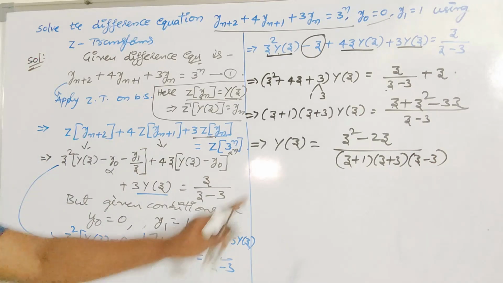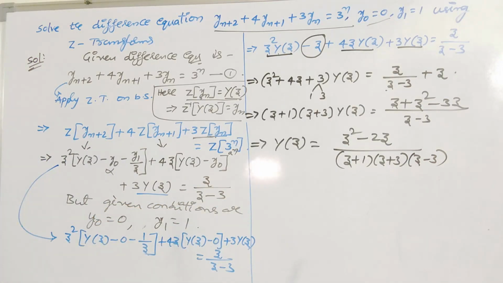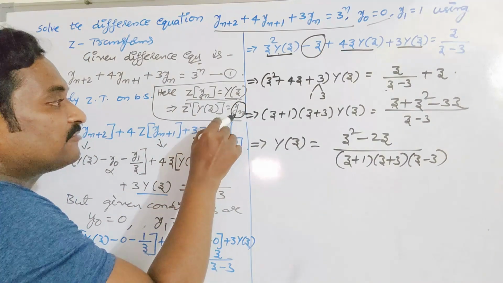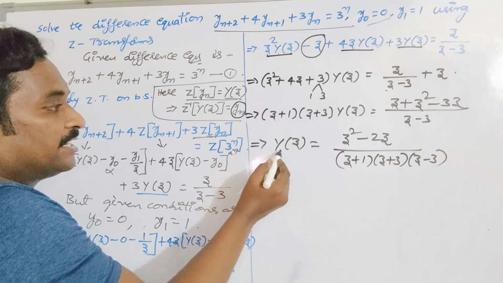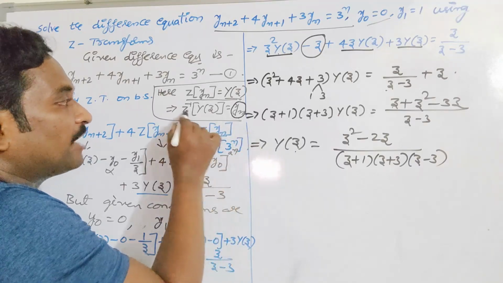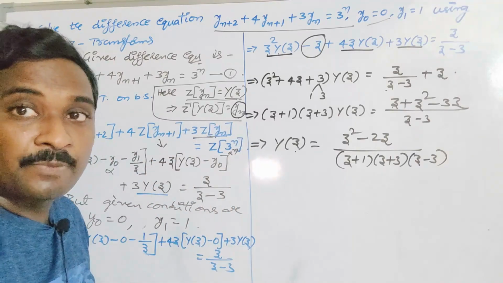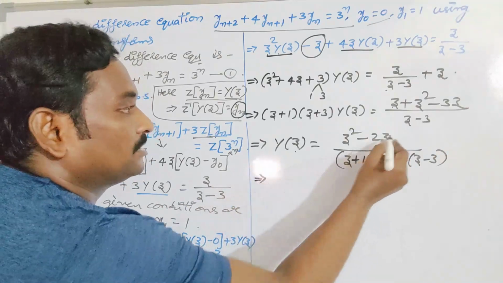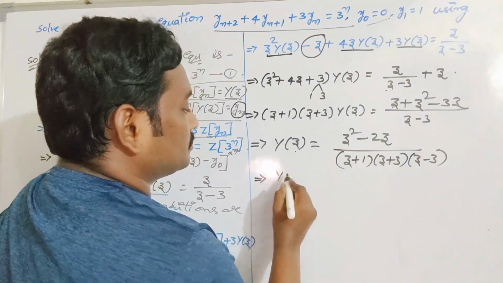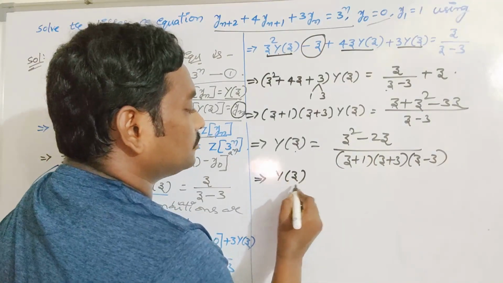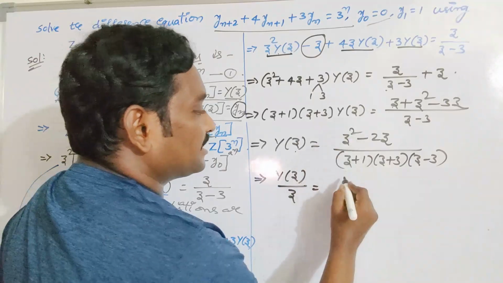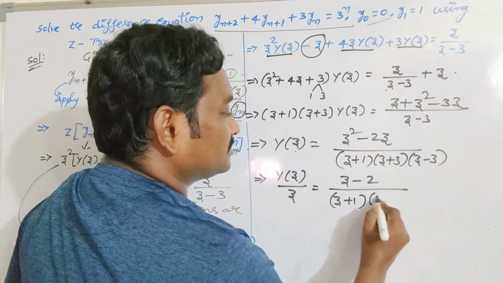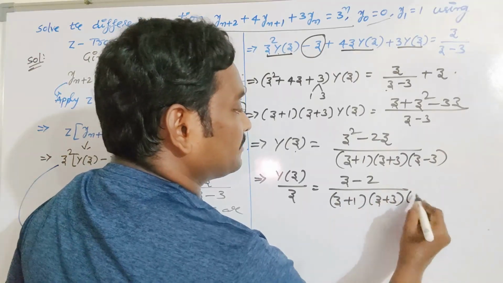If you get this, 50% of the problem is completed. We actually need yn; we have to get the solution for the nth term yn. For that we have got only y of z. To get yn, we have to apply inverse on both sides. But don't apply the inverse directly in the case of inverse Z transform. In the numerator, z is a common term, so you can take that common term to the left hand side denominator. So the remaining term is (z minus 2) by (z plus 1) into (z plus 3) into (z minus 3).